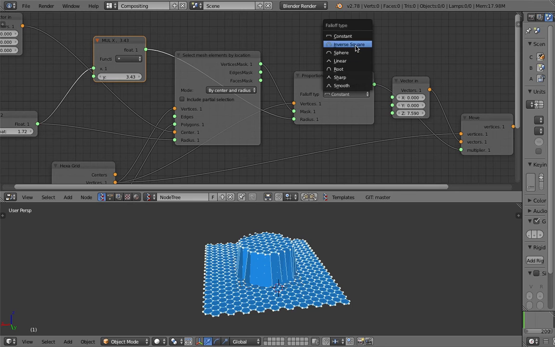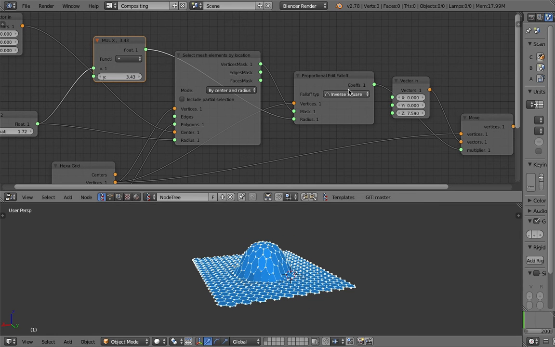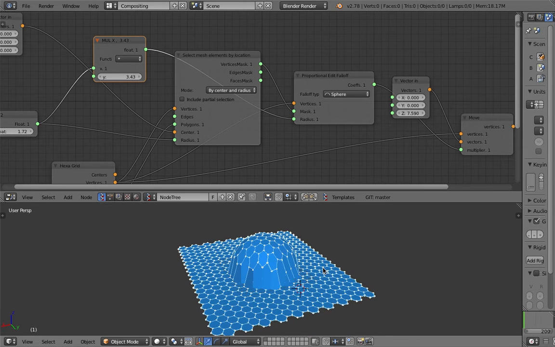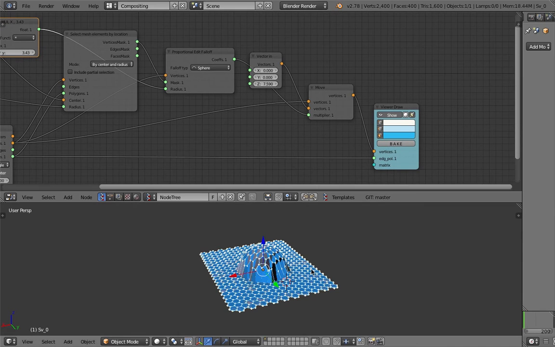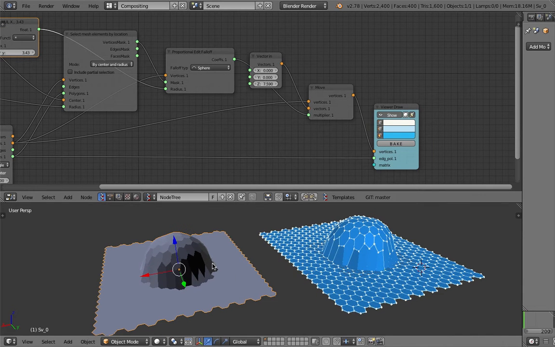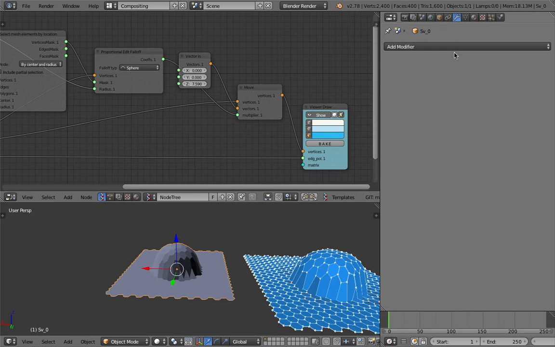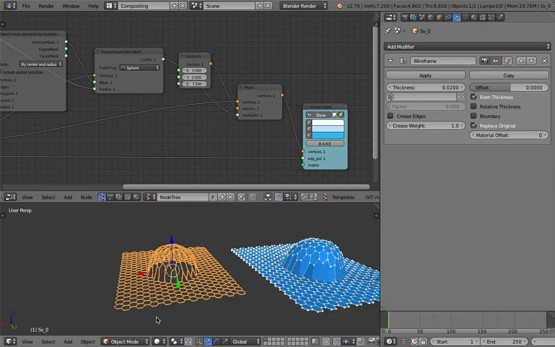And we have invert square. We can go through one of them one by one. There's a linear, spherical. Spherical looks nice. If you bake it out, of course, it's just going to create this surface. You can smooth it. Actually, this guy is hexagonal, but you can plug in any kind of